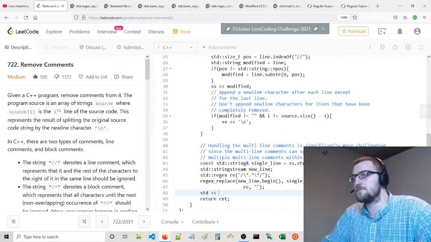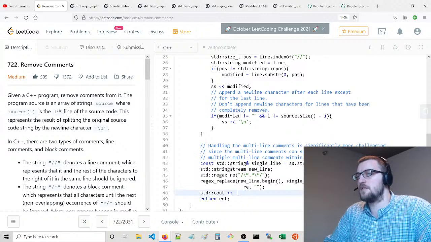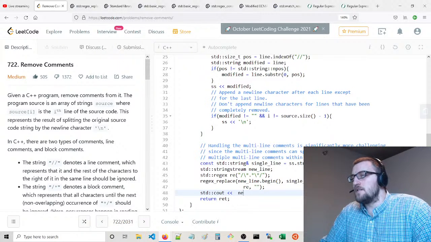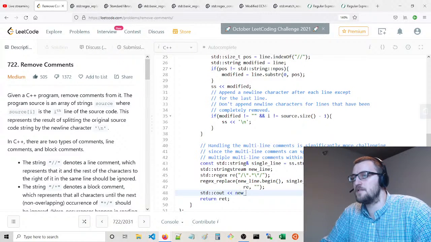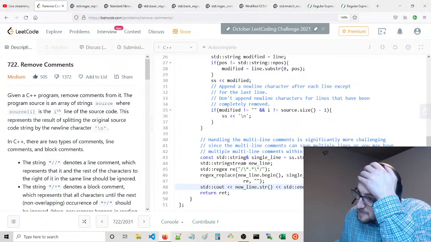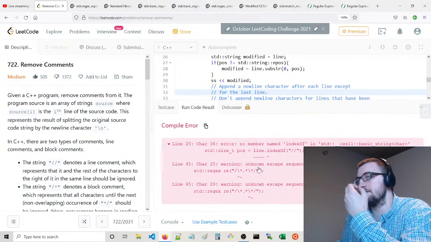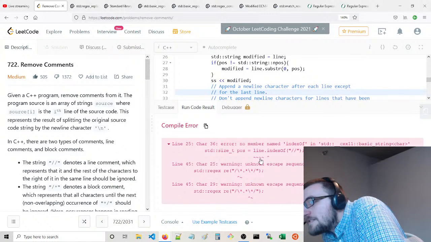Let's see what this looks like, by the way. I'm wondering if this should just be a string rather than a string stream. I don't know if that'll work the way I'd like it to. File error. Unknown escape sequence.